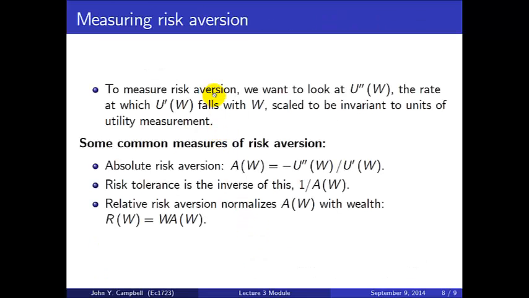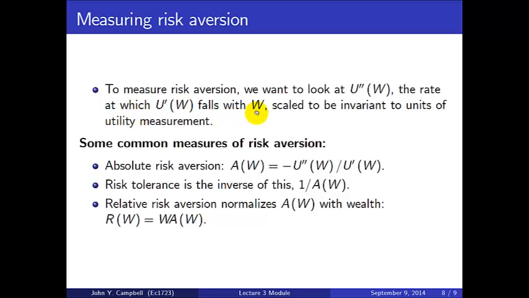Final topic for today is how we measure risk aversion. We want to know not only is a person risk averse, but how risk averse are they? And for this, we're going to look at the magnitude of this second derivative. Remember, we just said the second derivative being negative is what defines risk aversion. So we want to look at the magnitude of that, or equivalently the rate at which u prime falls with